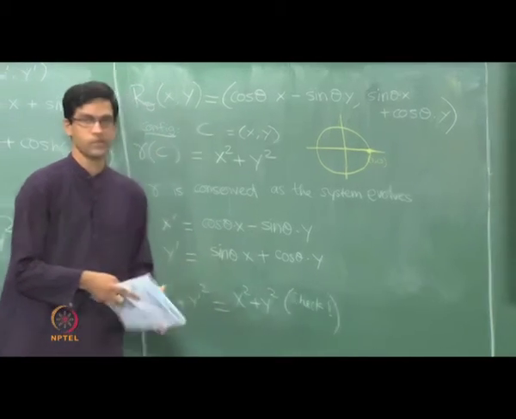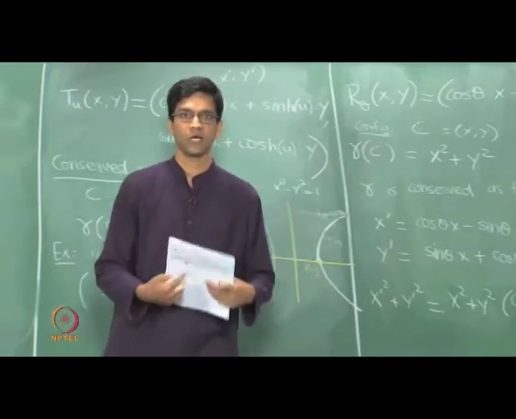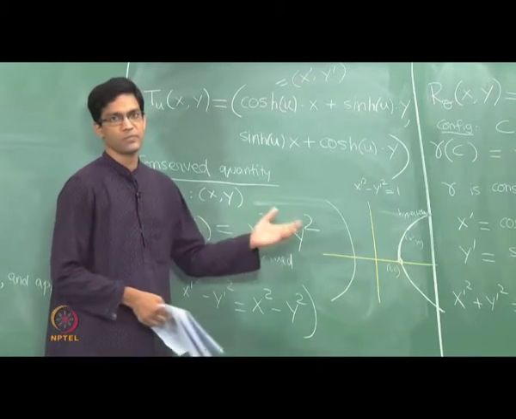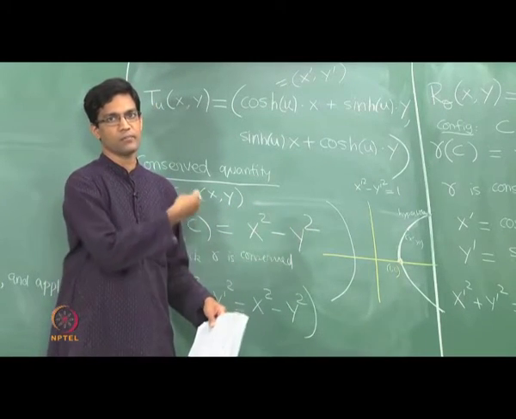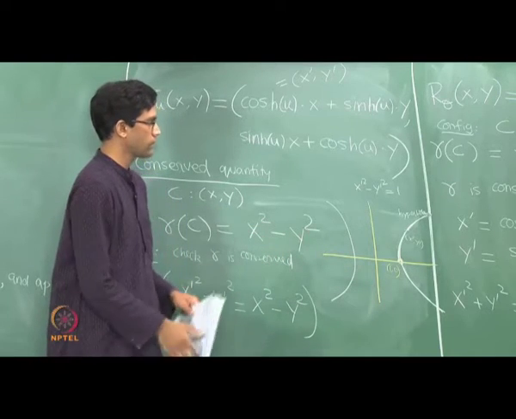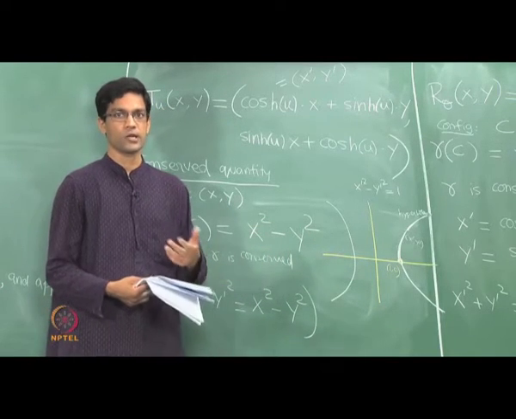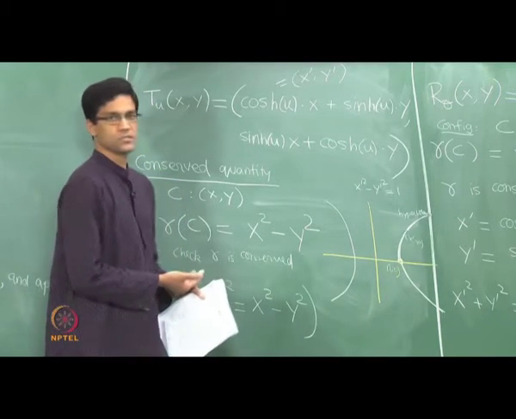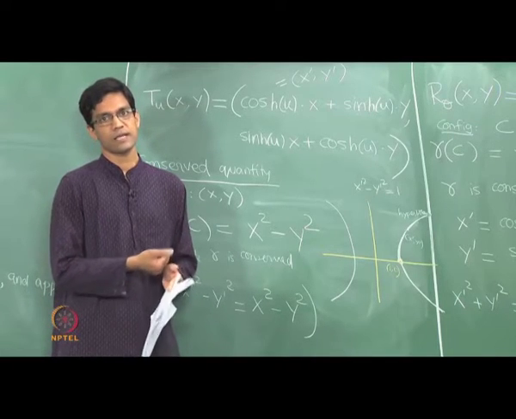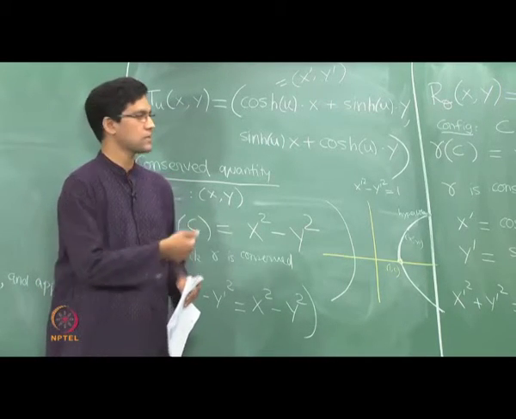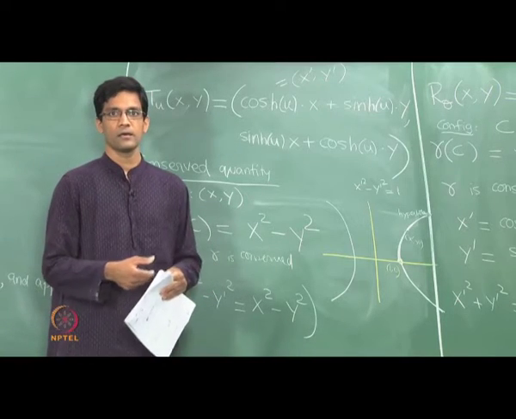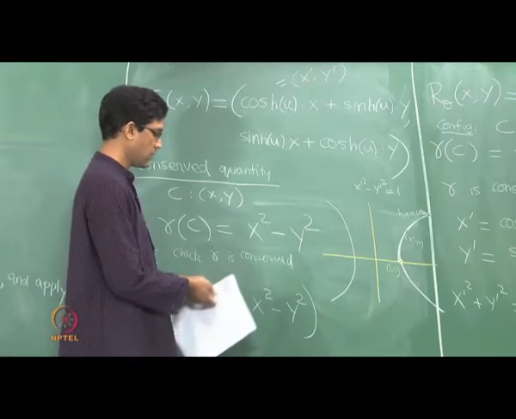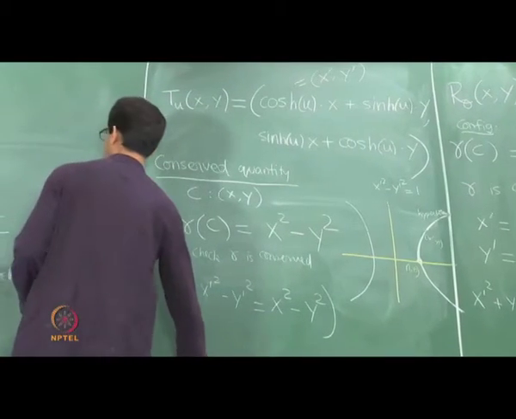Okay, so these are all examples of conservation principles in what you might call discrete systems, meaning I am not thinking of time as a continuous variable; I am only doing something at time t equal to 0, t equal to 1, t equal to 2 and so on. Now the conservation laws that you are likely to have heard of before in the context of physics, classical mechanics especially, are there. Of course, time is a continuous variable. So you imagine that time varies continuously, and as t varies there is a system which varies continuously with time, but no matter how it varies there are some quantities which are conserved.